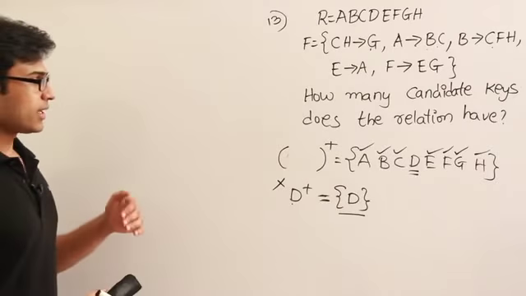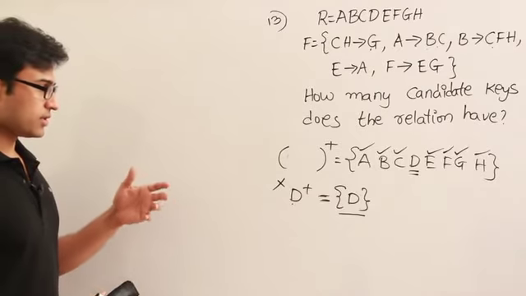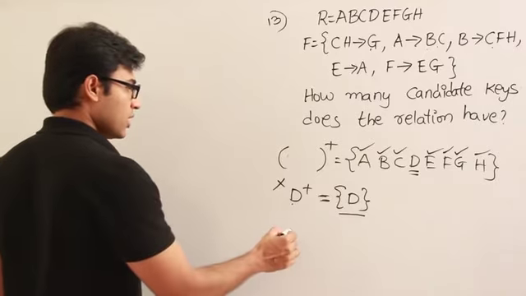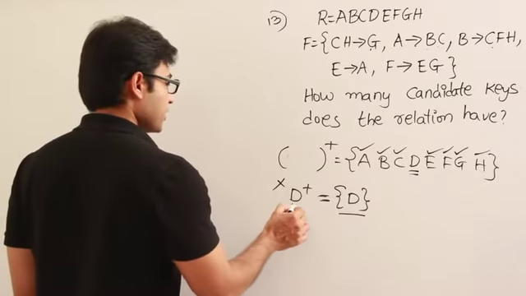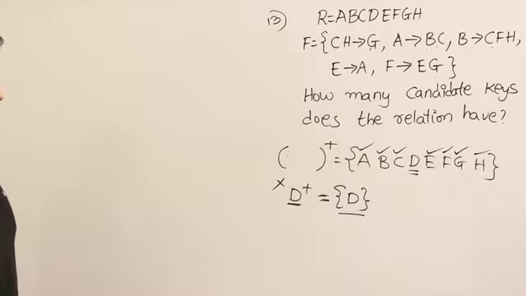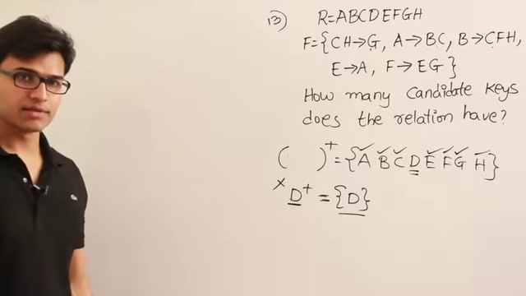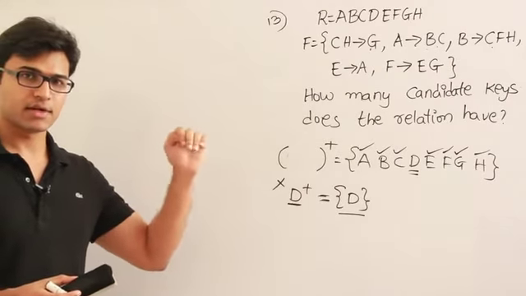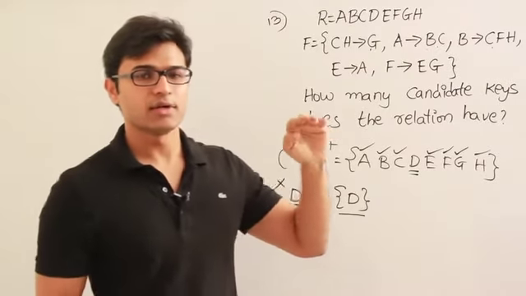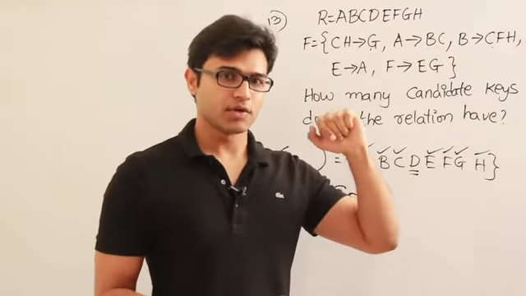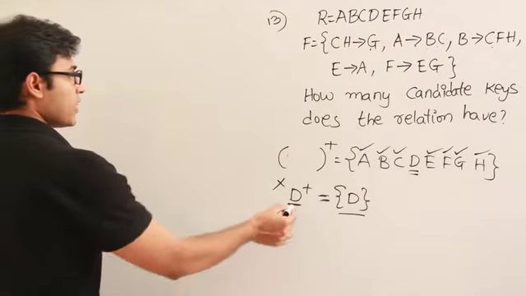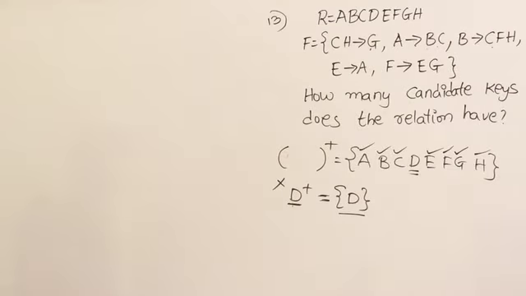Then I'll try to find out the next level of candidate keys, the next smallest keys possible to be candidate keys. So with D, what are the various combinations I can get? I'm going to add one attribute to D and see if they could be candidate keys. Why one attribute? Because I'm interested in minimal super keys. That is why I'm going in increasing order of sizes, right? If I find that at a particular level something is a candidate key, I should never discuss the superset of that, because that superset will not be a candidate key, isn't it? So let me find out just by adding one attribute to D if I could get any candidate keys.